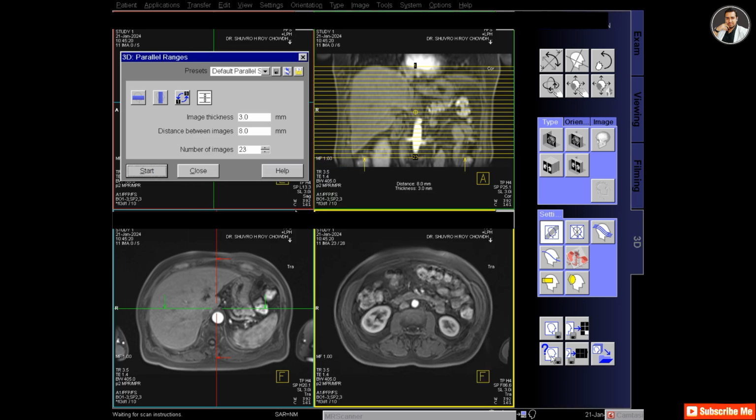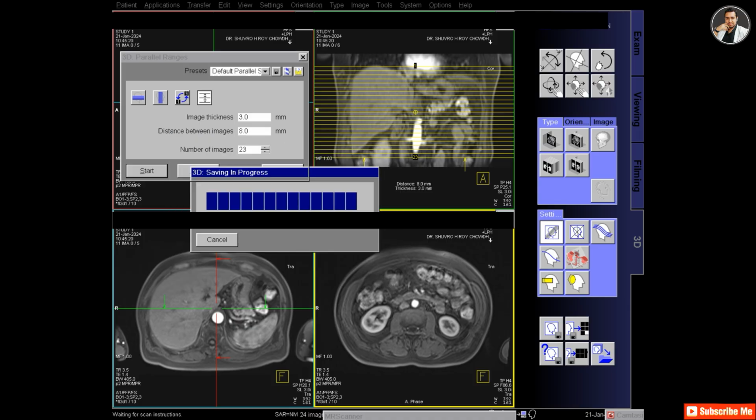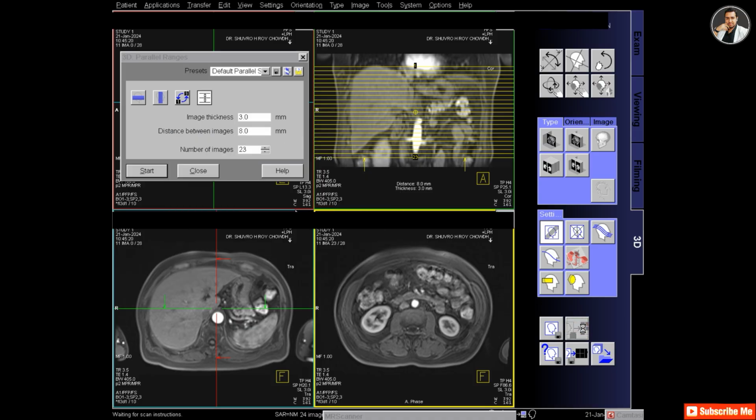Click start and save as the arterial phase, and then save and then send to filming.